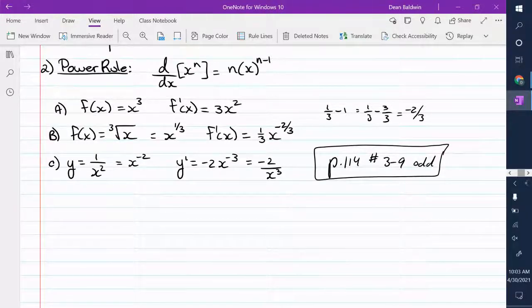You just have to figure out if the graph's going back or